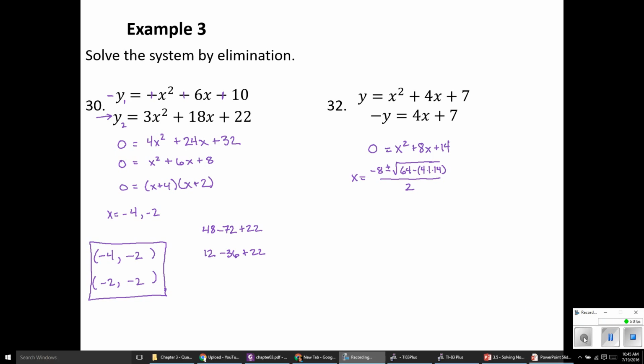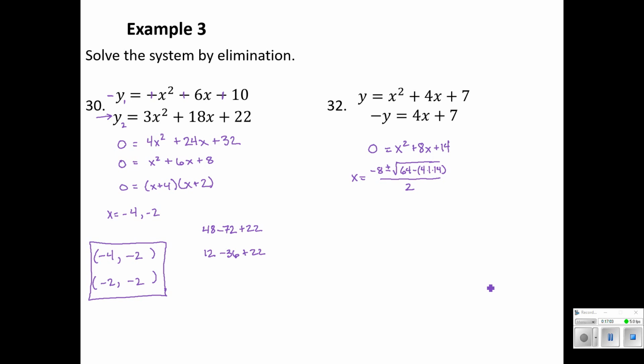Oh boy. So we are going to get some real solutions here. They're not going to be pretty, but they will definitely work. So let's see, x equals negative 8 plus or minus the square root of 64 minus, let's see, that's going to be 56 all over 2, which means my x values are negative 8 plus or minus the square root of 8 over 2. Negative 8 plus or minus, if we simplify that radical, 8 is 2 root 2. That's a nice one to remember. So I've got negative 4 plus or minus root 2.